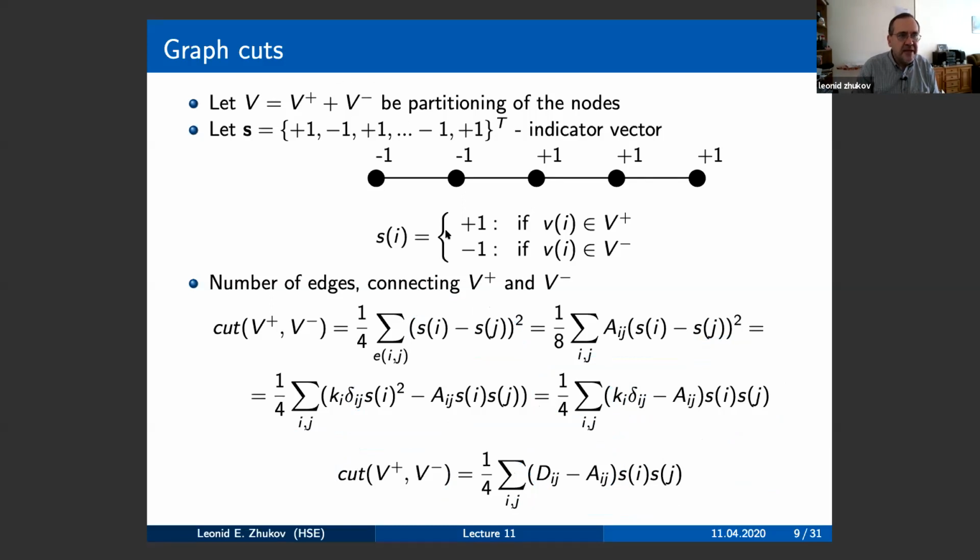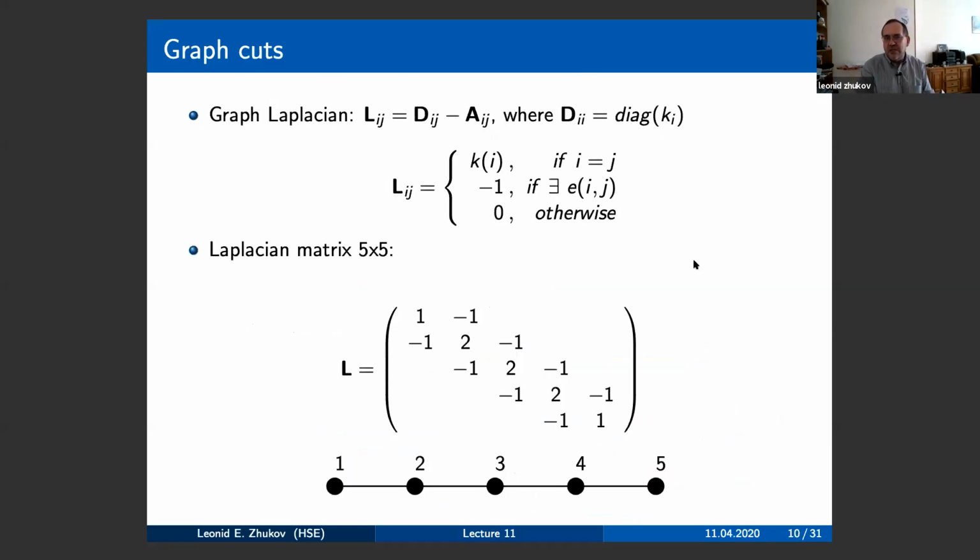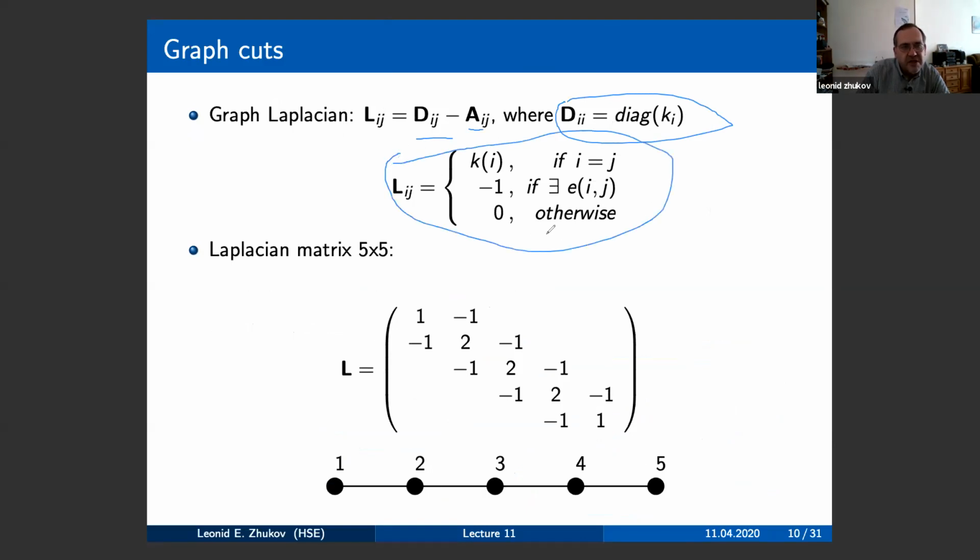All right, so next step. That's what the Laplacian operator looks like, in fact. If I take the same one-dimensional graph, this is called the graph Laplacian. It's the difference between a diagonal matrix that has degrees in there minus your adjacency matrix. Or you can define it as a matrix that has minus ones where there is an edge and no degree on the diagonal. And so if I, for example, take this graph and write a Laplacian matrix for this graph,